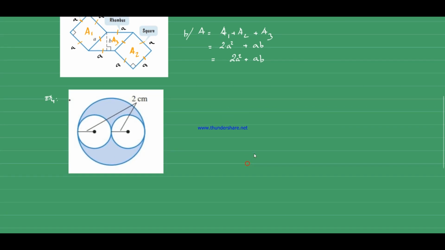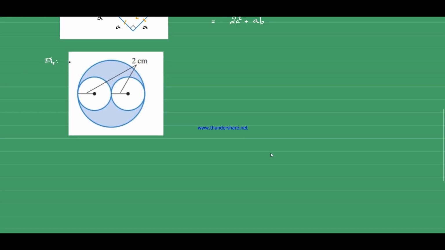Alright, for this one, we just need to find the area of the shaded region, so we don't need to find the perimeter because the perimeter is just the circumference, which is very easy already. So I'm going to go ahead and find the area of the shaded region. You see that the big one is the circle. So the area of the shaded region, I call the A sub S, is the area of the circle